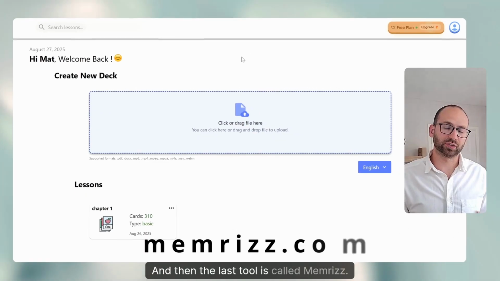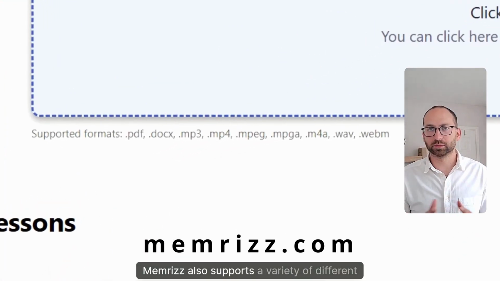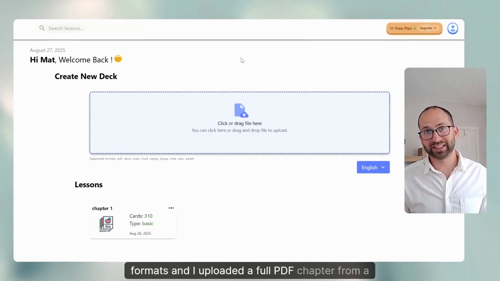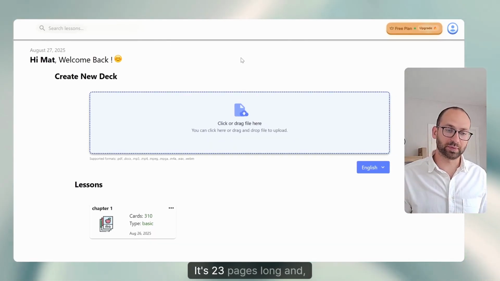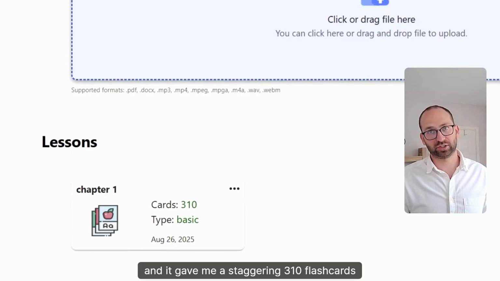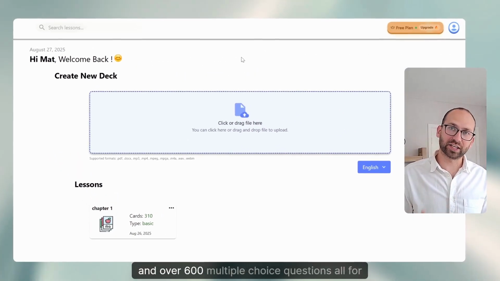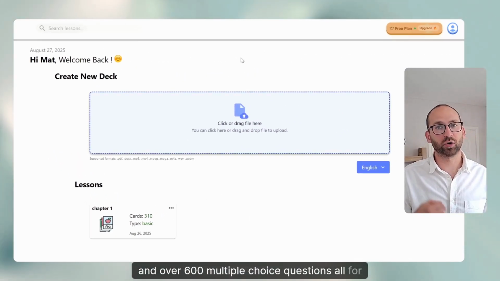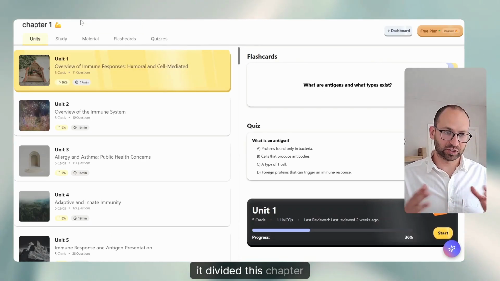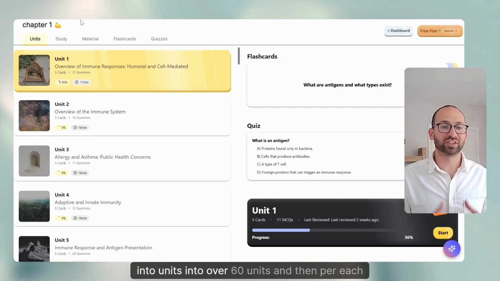And then the last tool is called Memrizz. Memrizz also supports a variety of different formats, and I uploaded a full PDF chapter from a book. It's 23 pages long, and it gave me a staggering 310 flashcards and over 600 multiple choice questions, all for free, all at once. If we look deeper into this, it divided this chapter into units, into over 60 units,